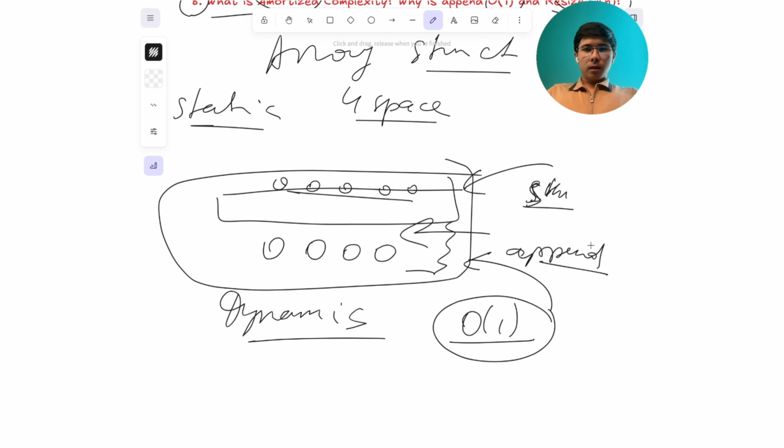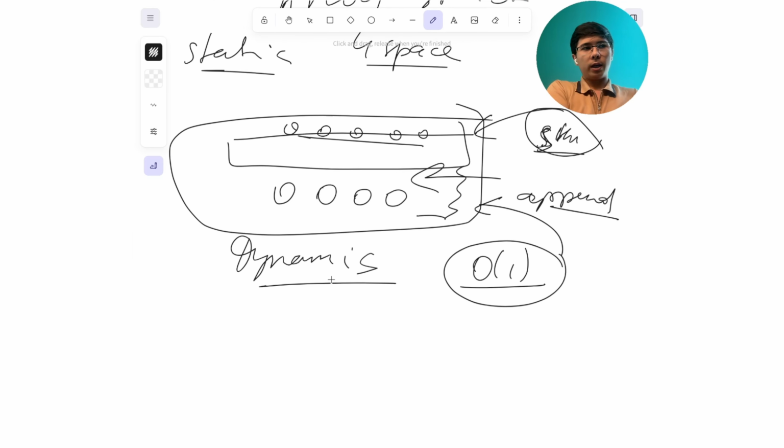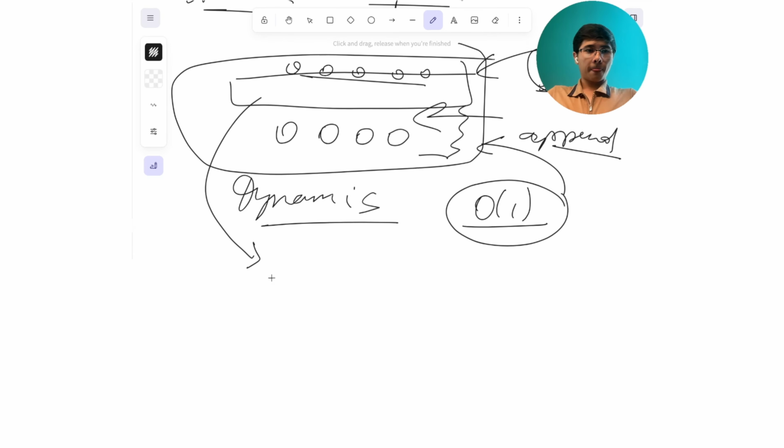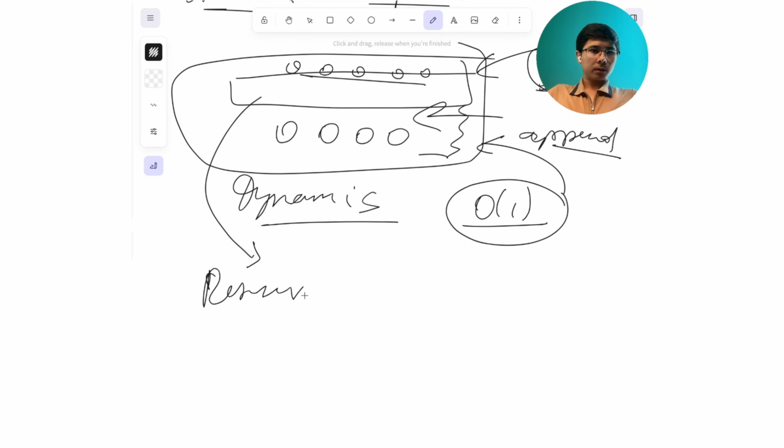But if tons of elements come and want to append, what should we do? While we are appending them, we need to resize our array as well. That means we have to move all of the guests and chairs to another, bigger living room. This is the main case. This is the main solution as well. And during resizing,